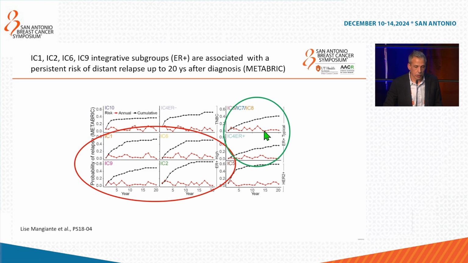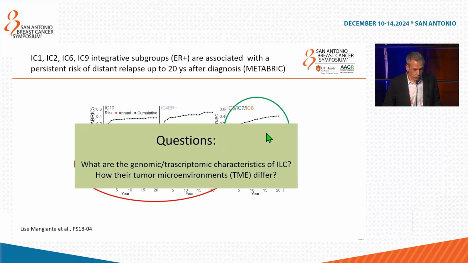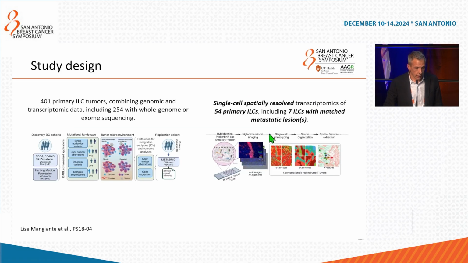integrative clusters, whose patients have a classical recurrence rate. So the question they try to address here is whether there are any differences in terms of genomics and transcriptomics in lobular cancer, how lobulars fit with that classification, and whether there is any difference in terms of tumor microenvironment for those patients. So here the study design summarizes: